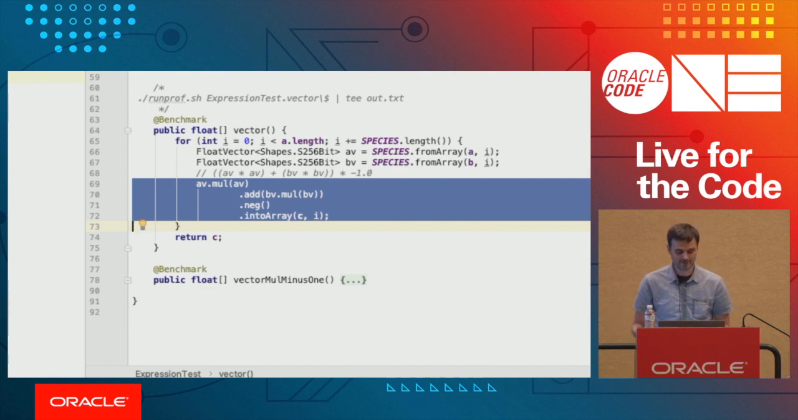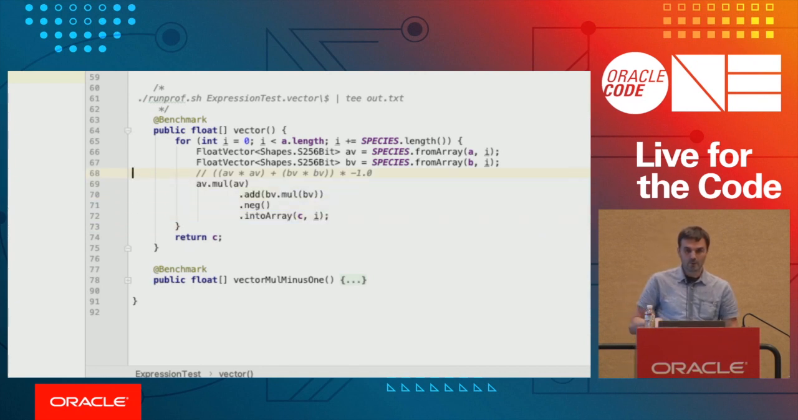Because I just chose it. There's nothing particularly special here. And then we loop round this thing. So we're loading a chunk of data at a time, not one element at a time. We're loading a chunk of data at a time and doing work. So what happens if we compile this